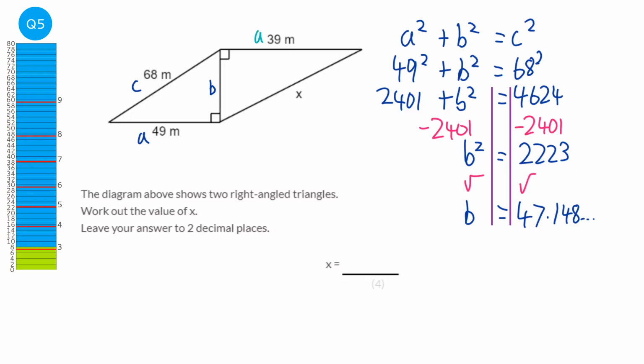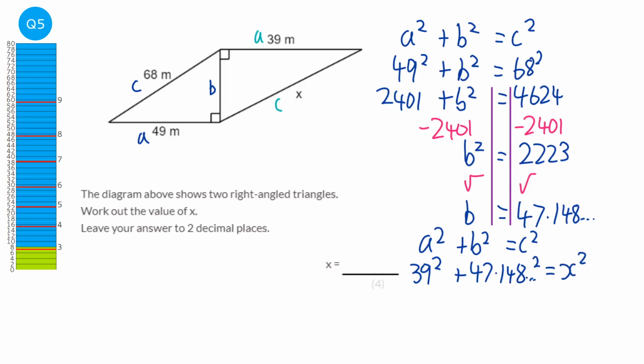Okay, we're now looking at the second diagram, and this time we're going to have a, we've got our b, and we're going to call x the c. So it would be a squared plus b squared equals c squared, but this time a is 39. B we are given as 47.148, we've just worked that out, and we're looking for c. In fact, we can call it x now. Okay, so we need to square that. So we do 39 squared plus 47.148 squared,